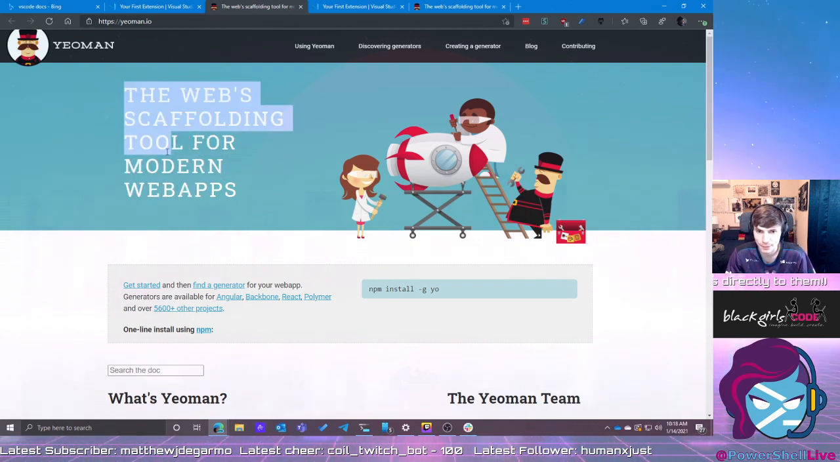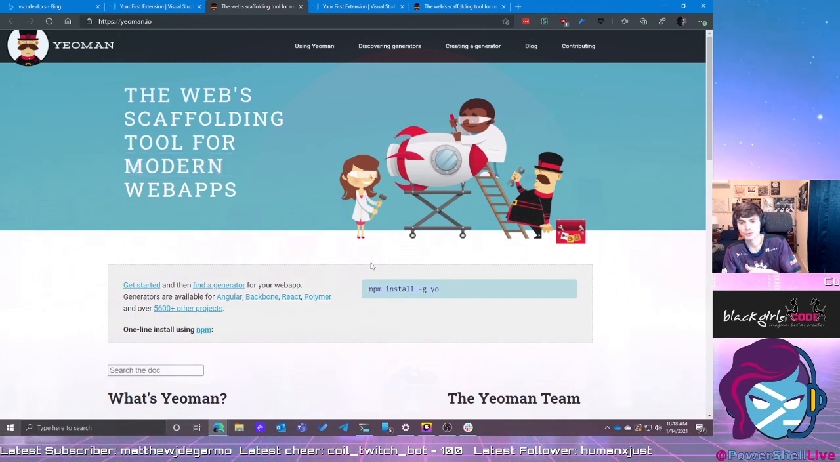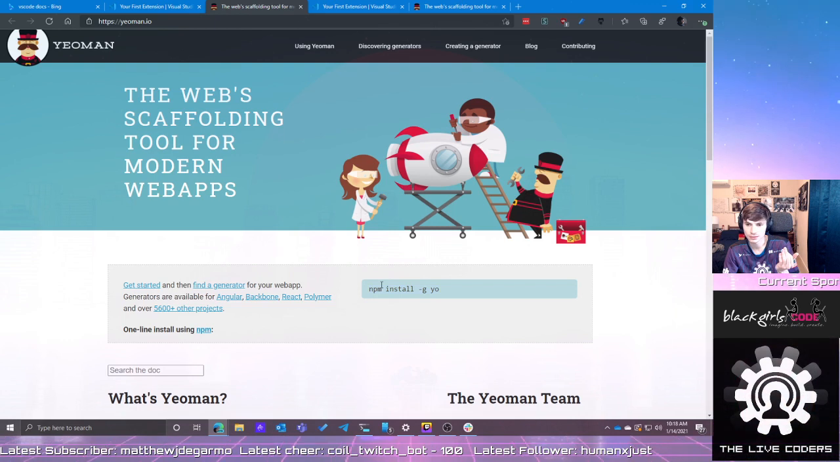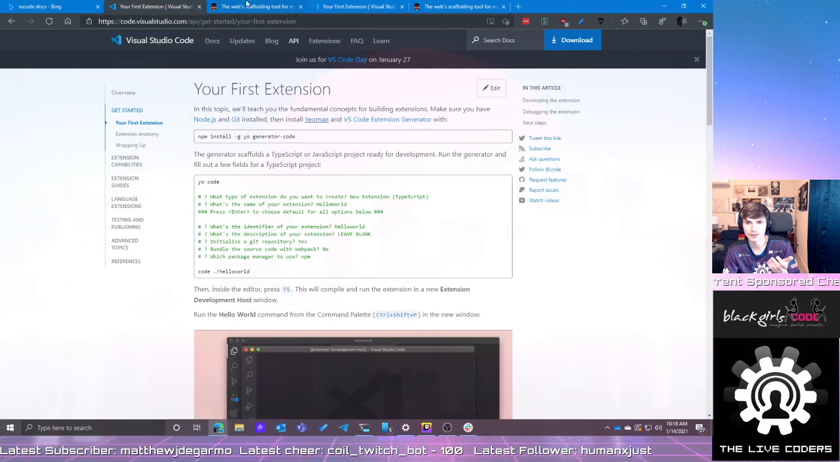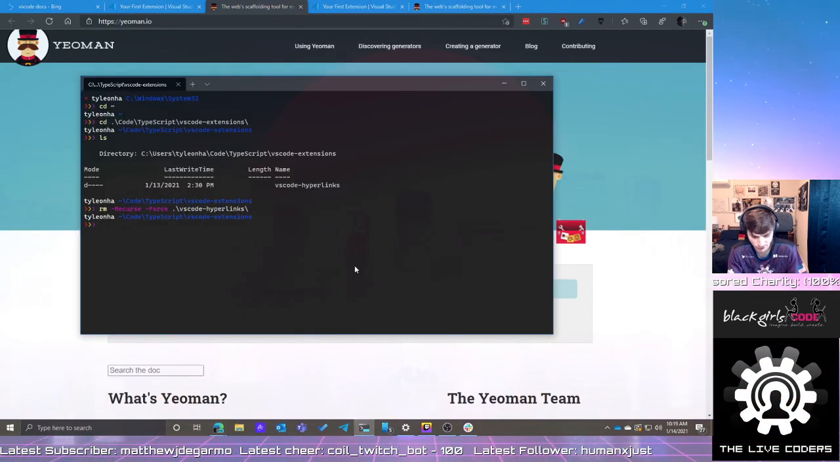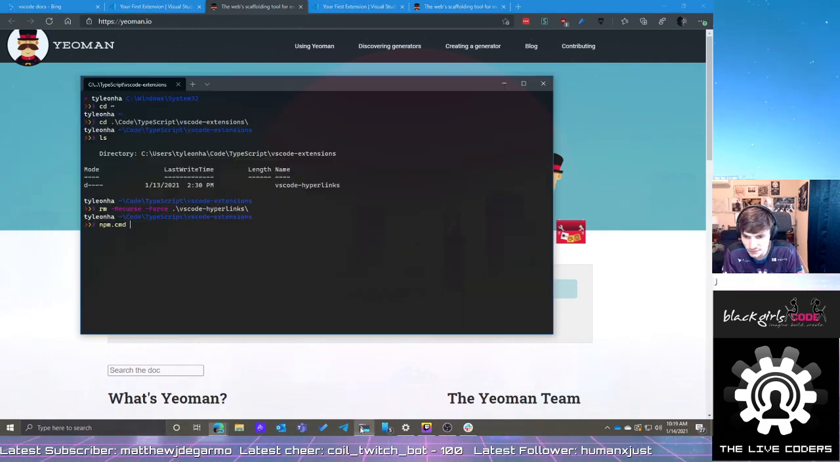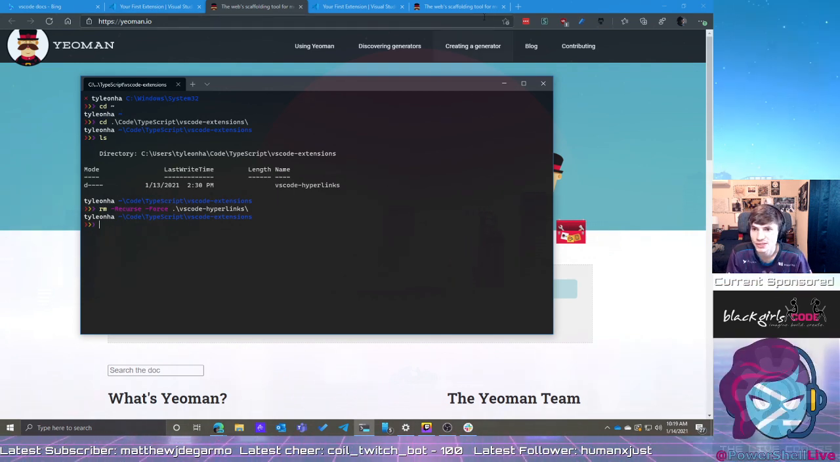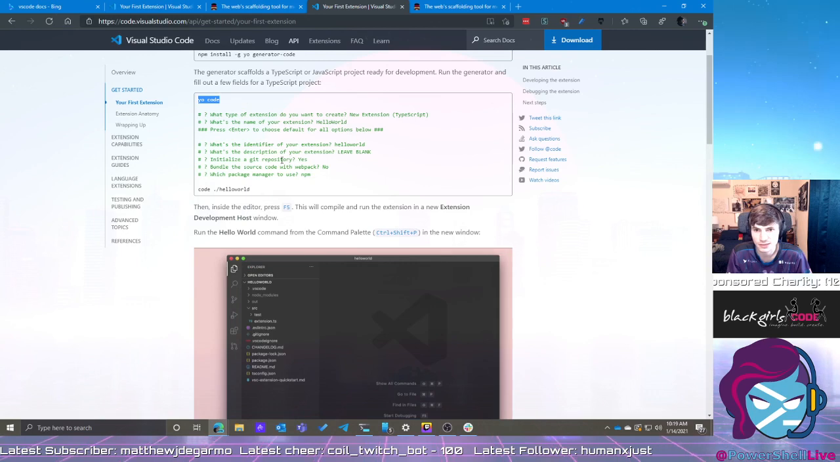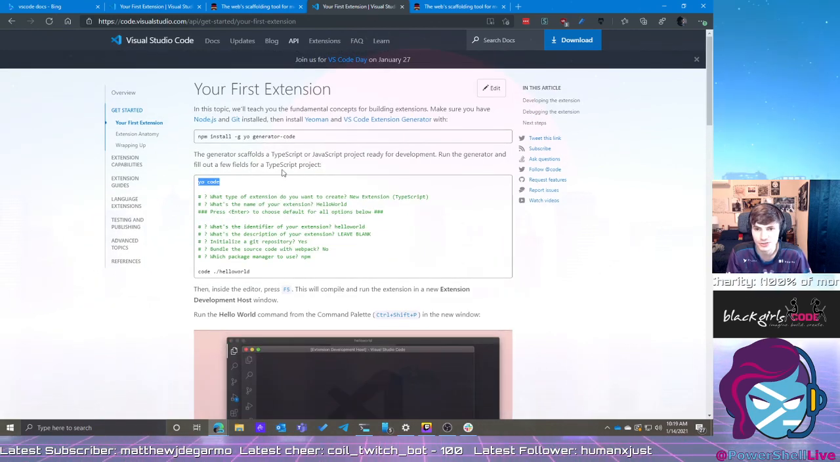Yeah, for web apps, right? But, you know, you can install it this way once you install Node. So you install Node, and then that will give you a command called npm. And then you install Yeoman, which is just... And so then, after that, you have to install, going back to the first extension, then you